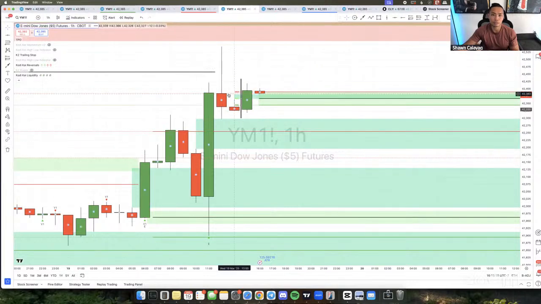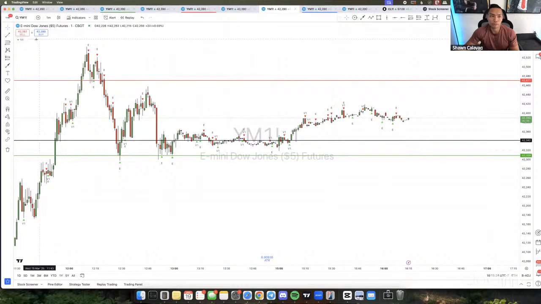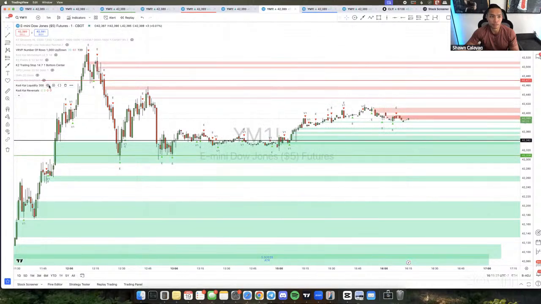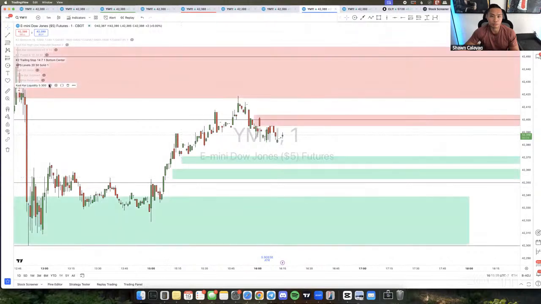And you can use this for a lot of things. You don't have to use it with market profile, but I think market profile is probably your best thing to use it with because you have some strong zones there. If you want to use it with volume profile, same thing. If it lines up with the zone down here, then okay, look for that bounce. Or if you're using a clean chart here, same thing here as well, right?